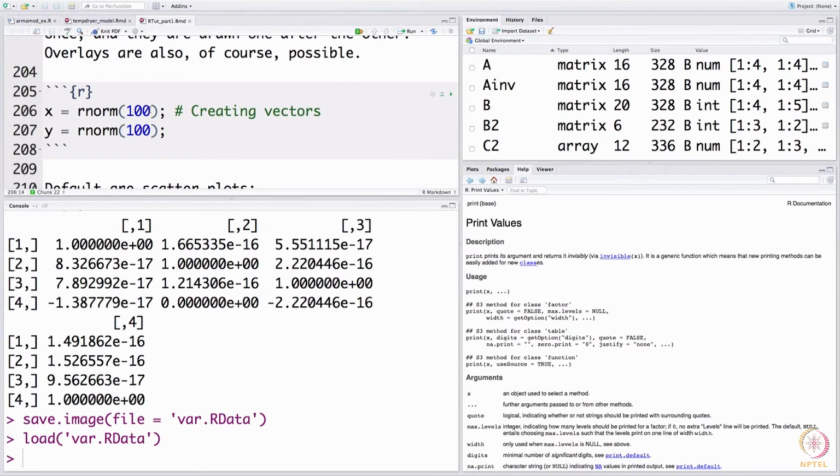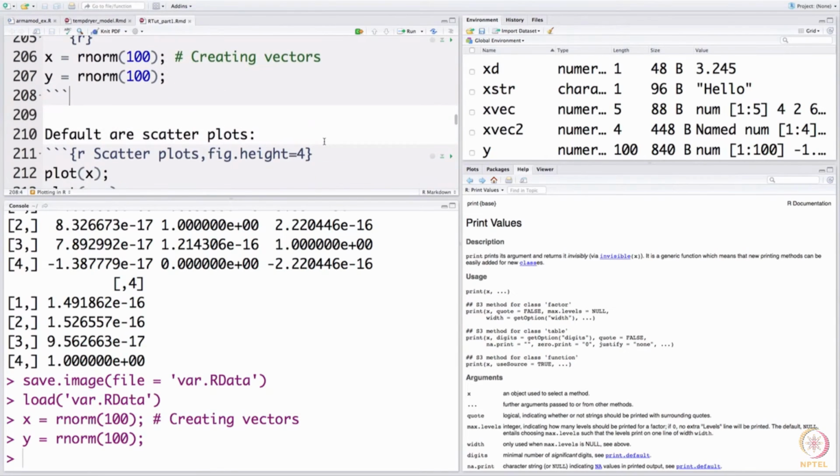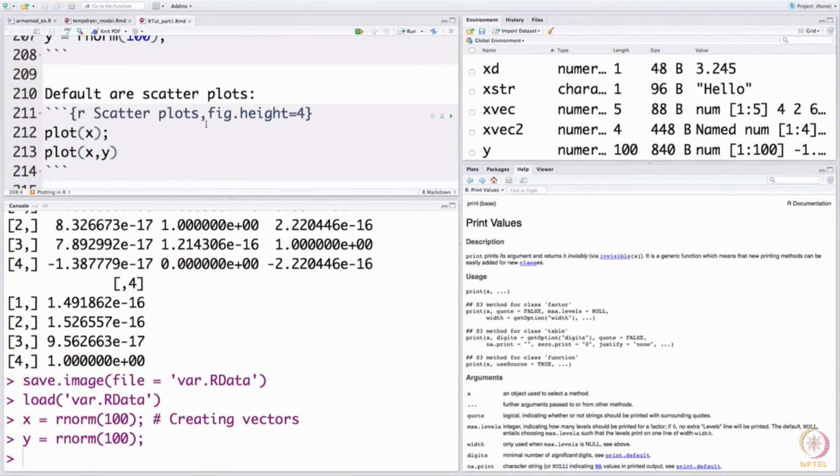So, two vectors x and y, let us create them, and I am going to run this. I have run both the lines together by pressing this play symbol on top of this chunk. This is called an R chunk in the markdown language. I have run that chunk, and now I am also going to run this chunk, which consists of plot commands.